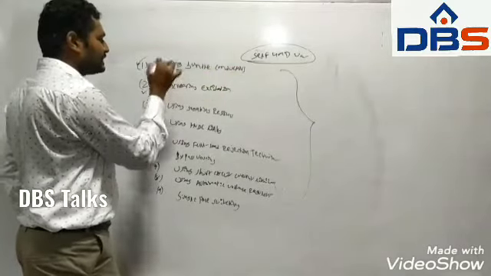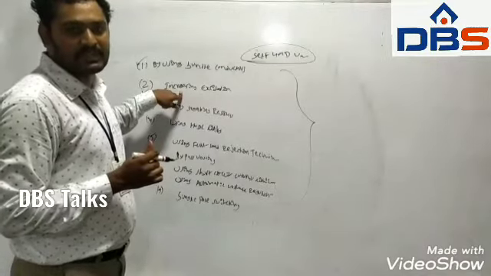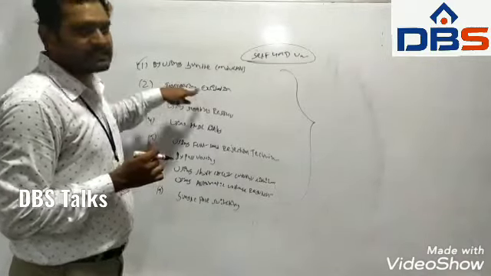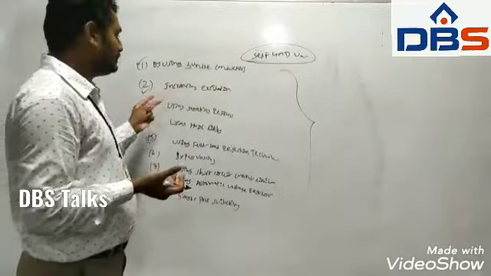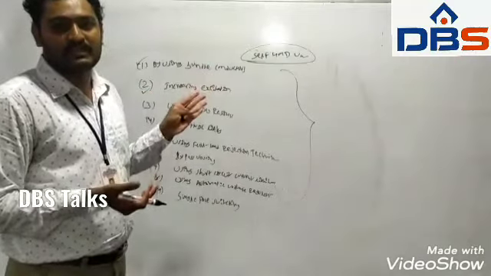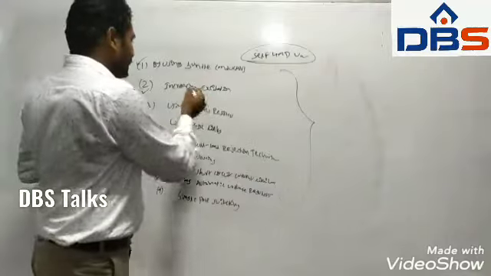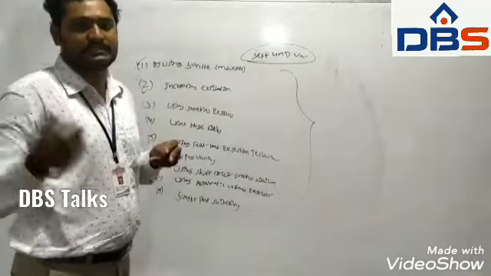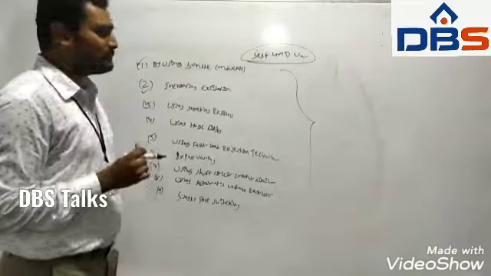And coming to increasing excitation, during the disturbances, the power transfer can be enhanced by increasing the excitation of the field winding, which results in an increase in the internal EMFs, and consequently the maximum power transfer between two machines increases. When the internal EMFs increase, then the load angle decreases. And the third one is using braking resistors.